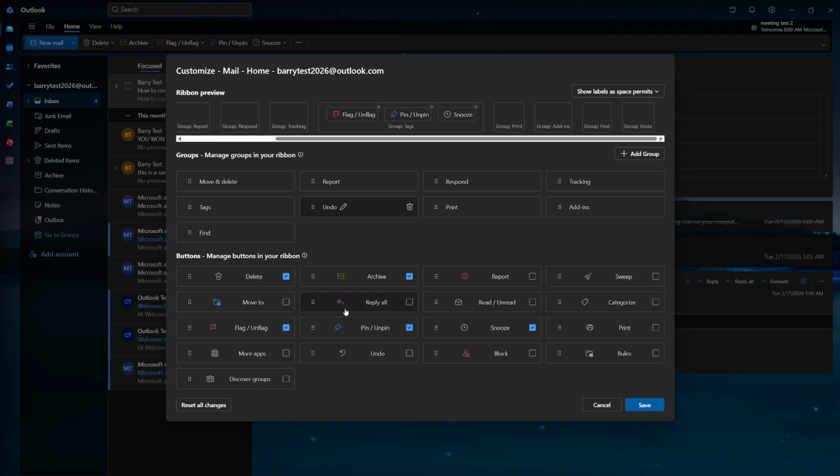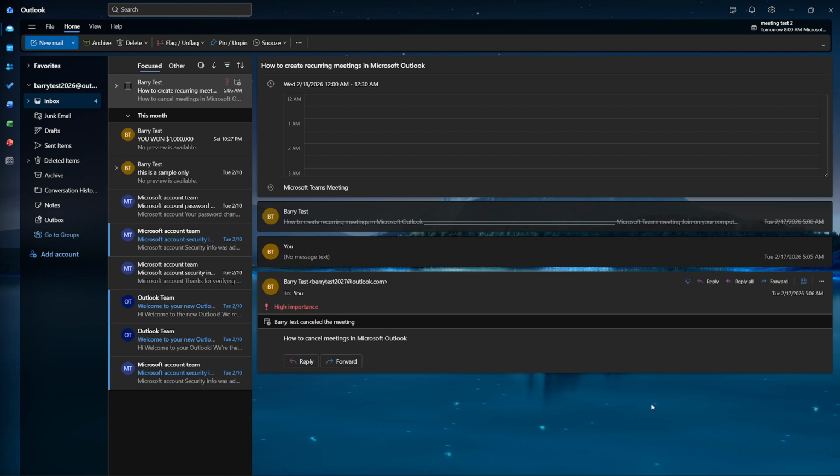A couple of helpful notes while you're here. Any adjustments you make in this panel affect Outlook specifically, not other Office apps. Also, you'll notice options that let you show or hide entire tabs and even organize the layout